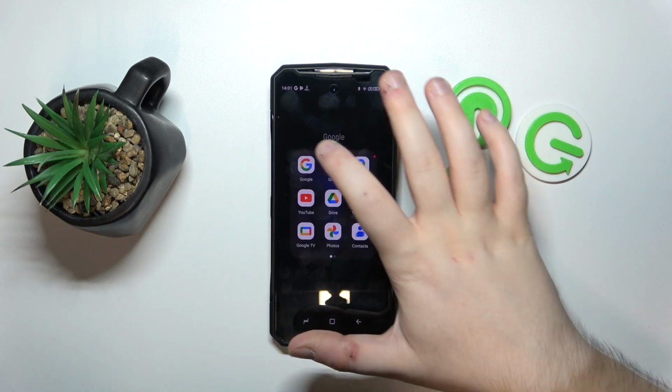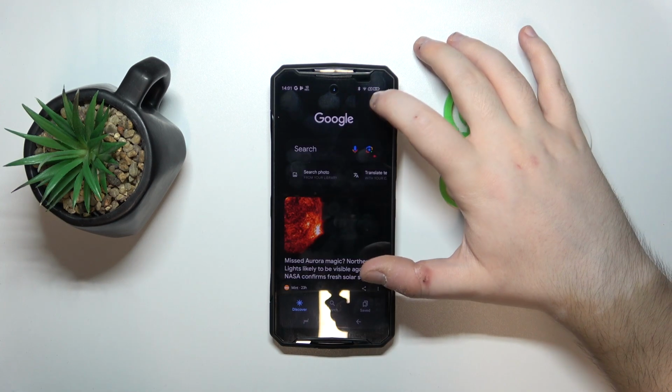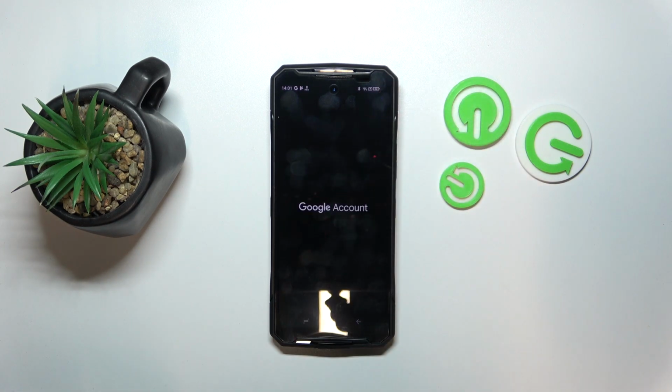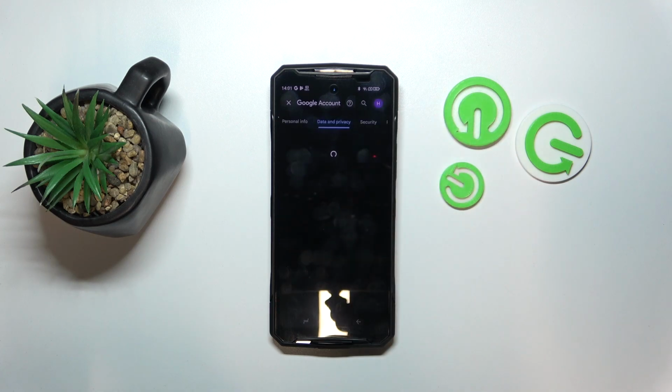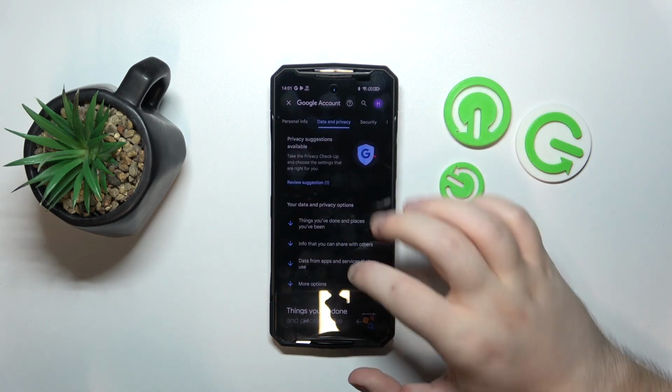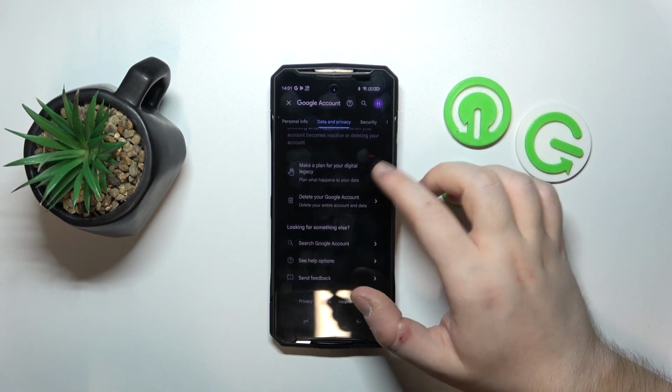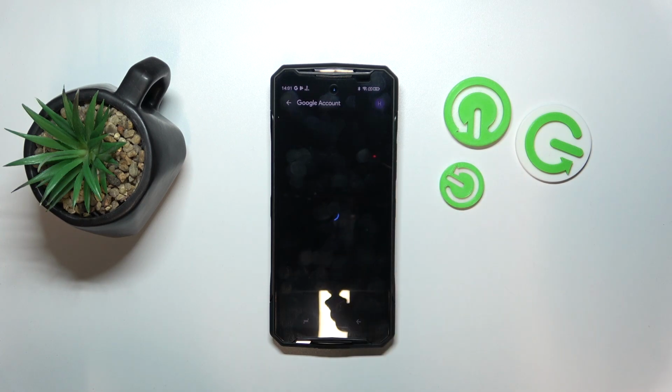So you have to start by opening your Google application, then click on your avatar and then click on Google account. Now click on Data and Privacy and scroll down and click on Delete your Google account. Now click Continue